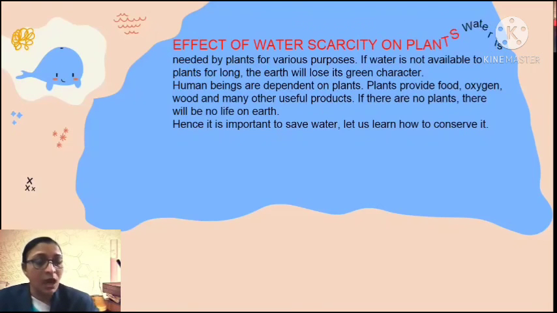Let us learn how to conserve water from pollution as well as how to prevent wastage of water.